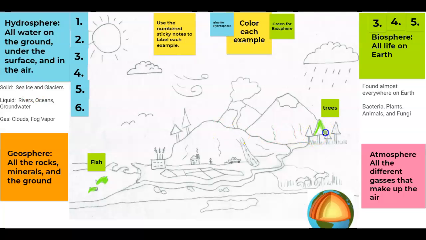Let's see. Not going to be perfect, but I'm also going to try and do my best because I'm going to end up with a lot of different things going on in this poster. So let's try to keep it neat. Okay, let's see if you can go ahead and label at least 5 on your poster in the classwork section. Go for it.